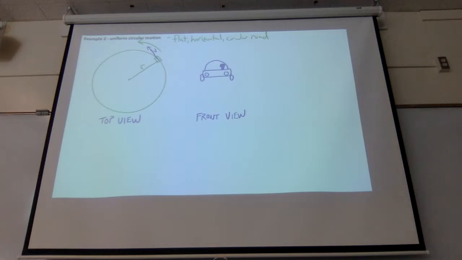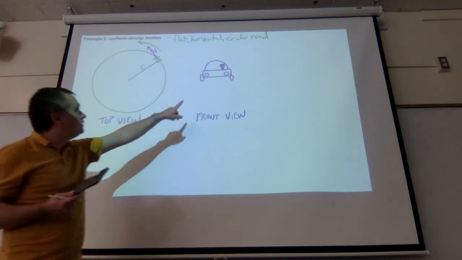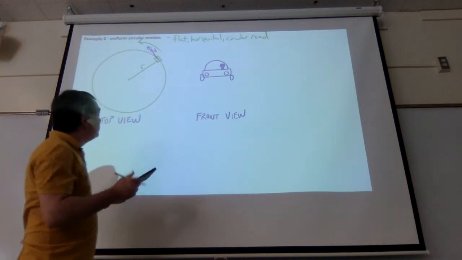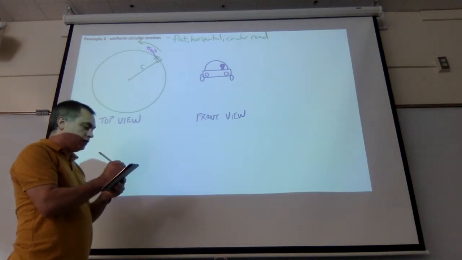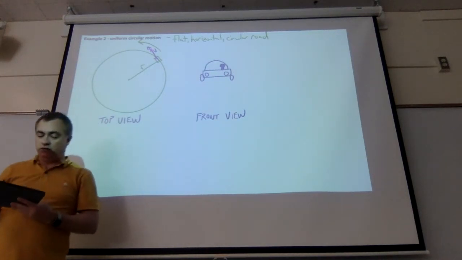So, in this view, which way is it toward the center of the circle? So this is kind of like, let's go back in this other diagram. It's kind of like you're standing right here on the X, looking at the car coming directly at you. Which way is the center of the circle? Yeah, it's out the driver's side door, right? If you imagine the driver's sitting right there at that little dot. It's out the side with the driver. So this way